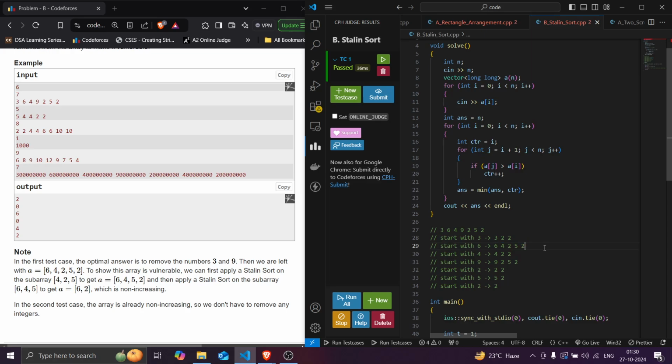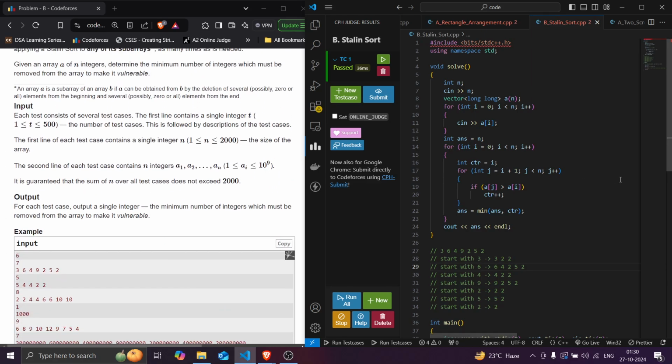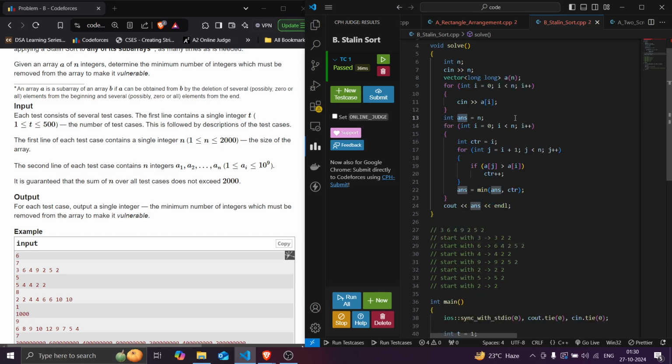So yeah, I just started with the same approach, and we also observed that n is 2000, so we can easily apply n square. So what I'm doing is I've taken the input, I've taken the array. Initially I've initialized my answer as n, because we have to minimize it, so let's maximize our answer initially. Starting from the 0th index, ctr is basically the count of elements that I have to remove. So starting with index 0, I don't have to remove anything, so I initialize ctr with i only. So if I'm on index 1, I have to remove the one index, that is basically the